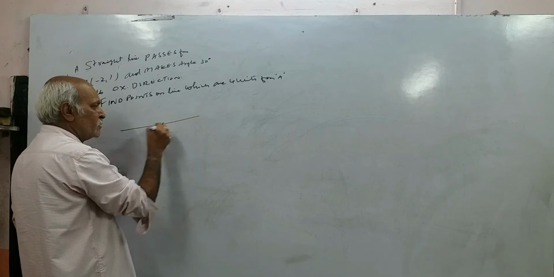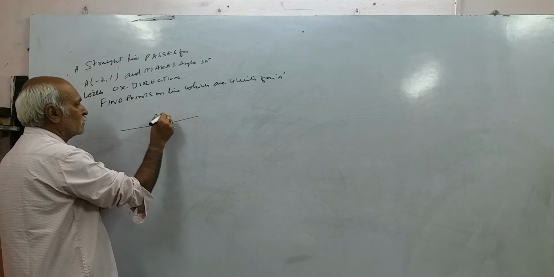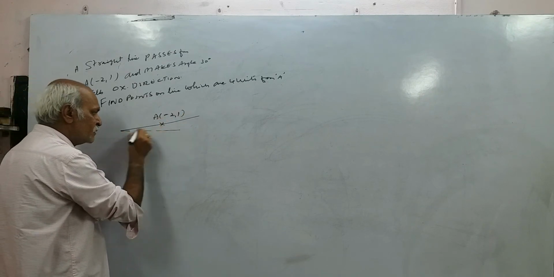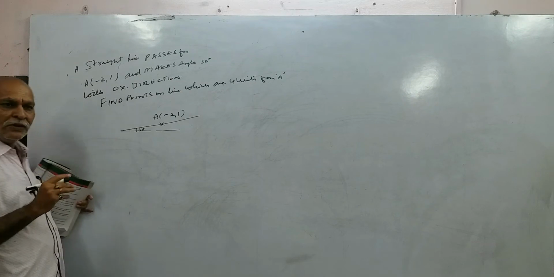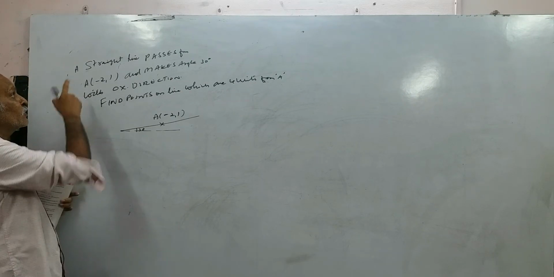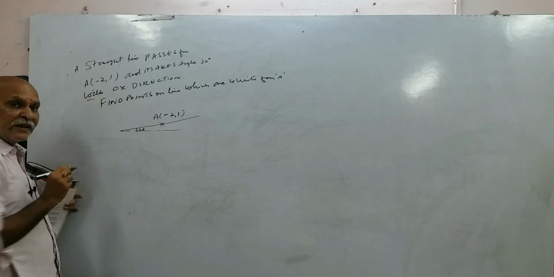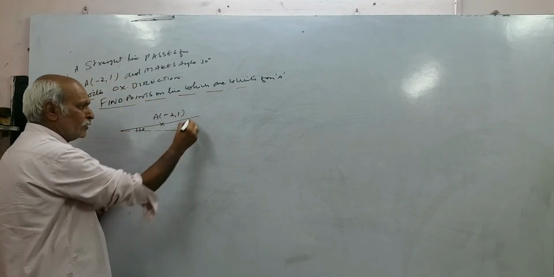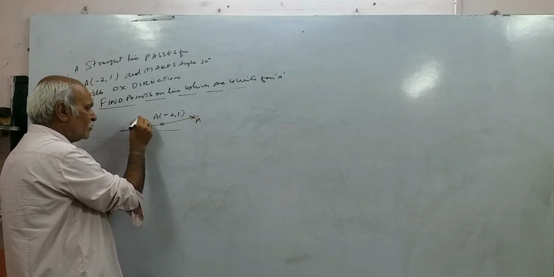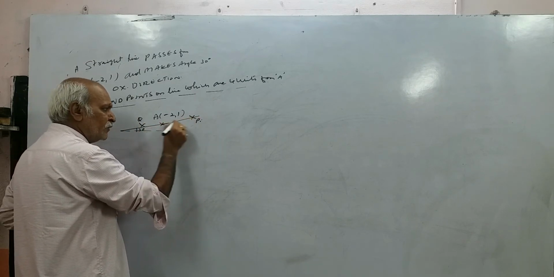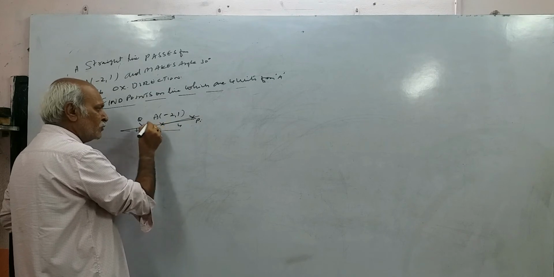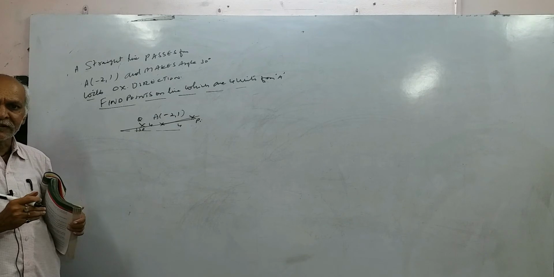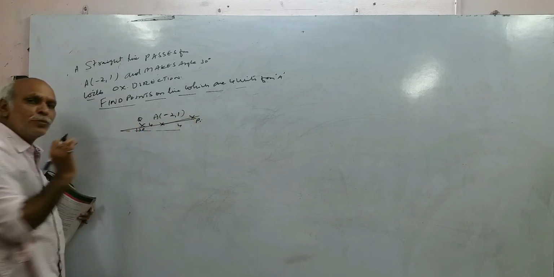Now, what is the meaning of this? A straight line passes from the point minus 2 comma 1, and what is the angle it is making? 30 degrees. Okay, you have to find this equation, sir. A straight line passes from, this is a condition I have given. Now what is the question asking? Find the points on the line which are 4 units. So you have to identify P point, Q point. The distance between AP should be 4, distance between AQ is also 4. Means both left side and right side. Okay, so the P point and Q point we have to identify.